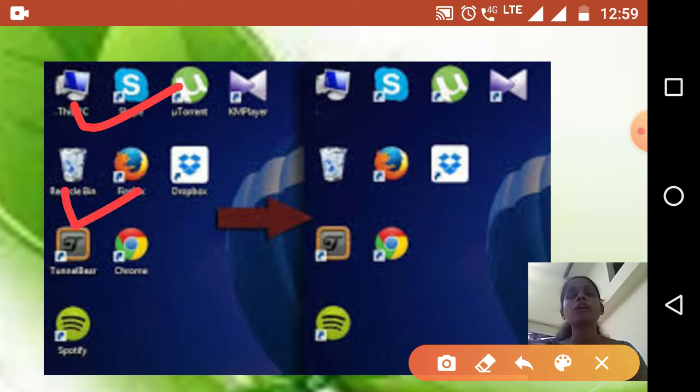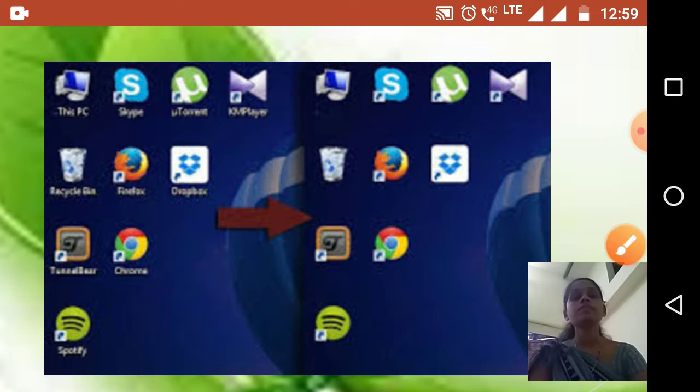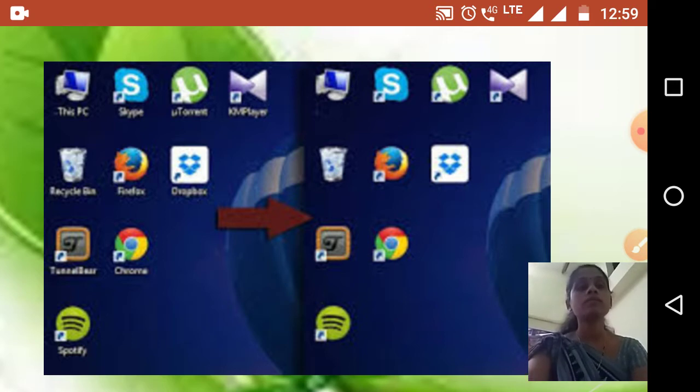Now the Recycle Bin is just like a dustbin. Whatever unused, unimportant things we delete go inside the Recycle Bin. This Chrome is used for Google, for the internet. By double clicking the image you can go inside the internet. All these are the icons present on the desktop. We have already seen all these images, and whenever we use the computer we can find this type of icons there.